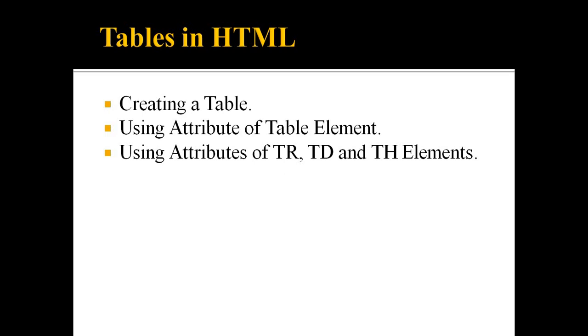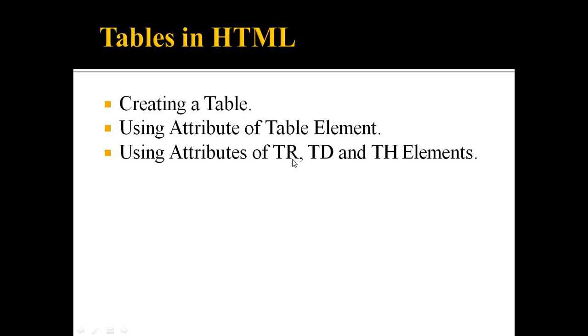Now the third point that we are going to study is using attributes of the tr, td and th elements. The inside elements also have attributes, which we will see while doing it practically. There are some tags like in ul and ol, where we used one tag called li, the list tag. In the same way inside this table tag there are again 3 types of tags: the tr tag, the td tag and the th tag. Now I will tell you the full form.